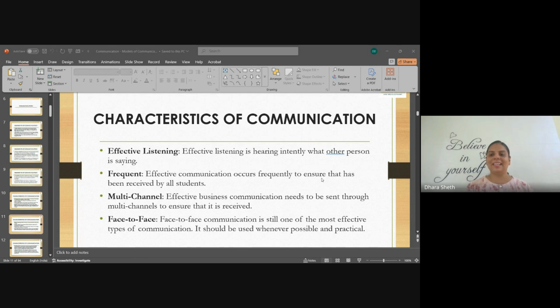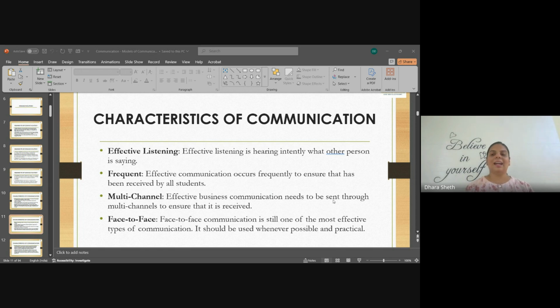Don't we tell our students, please switch on your cameras? Because otherwise, whether the student is listening or not becomes a question. Here in adult education, the scenario is different, but when it comes to school education especially, teachers do insist that students keep their camera on so that they are able to understand if the student is confused and also whether the student is attentively listening or not. Face-to-face communication includes not just words but also body language.